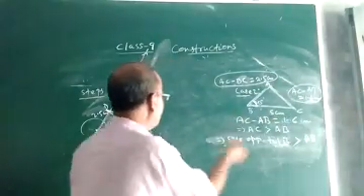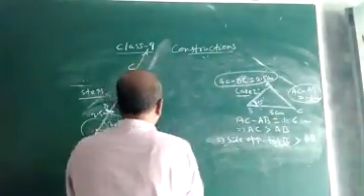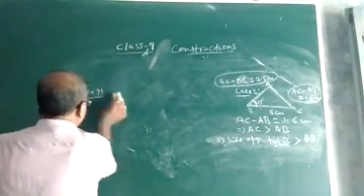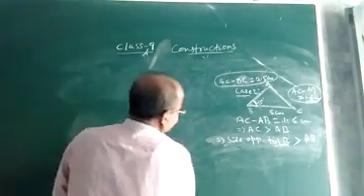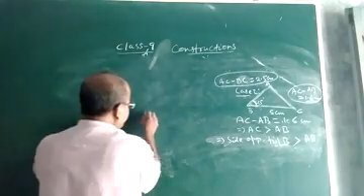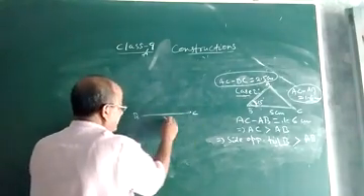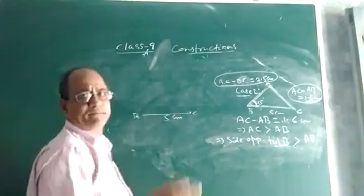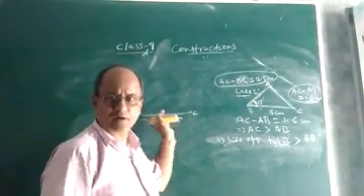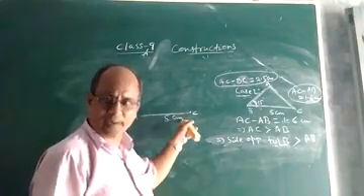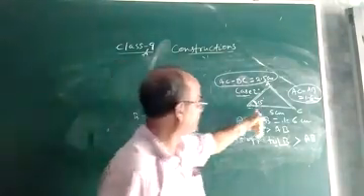So what does it mean? Let me do the construction. In this case, first you take BC. BC is given how much? Suppose BC is given as 5 cm. With compass and scale, draw a line segment whose length is 5 cm. Name it BC.